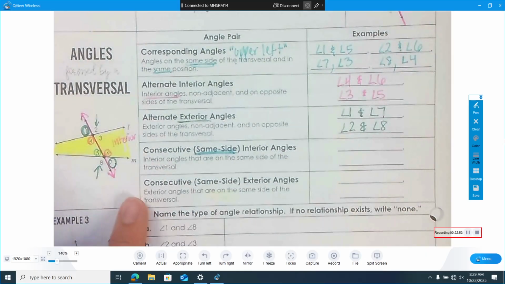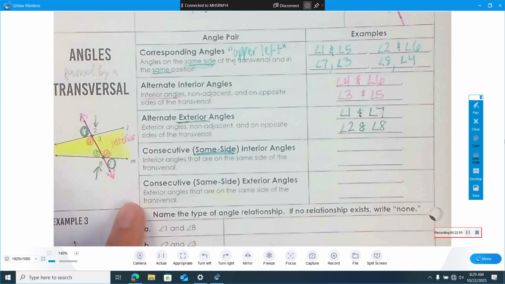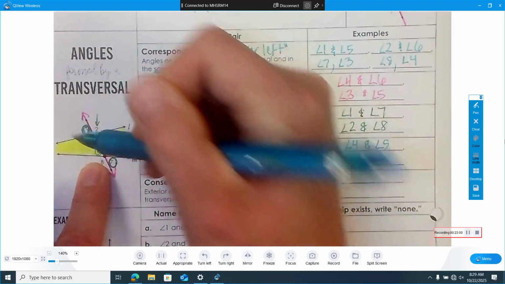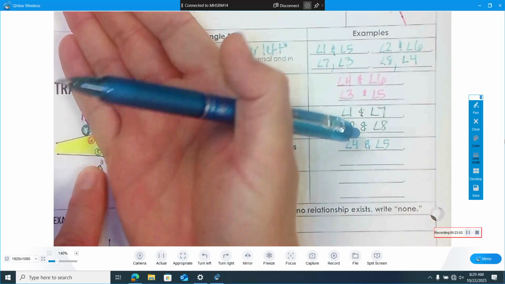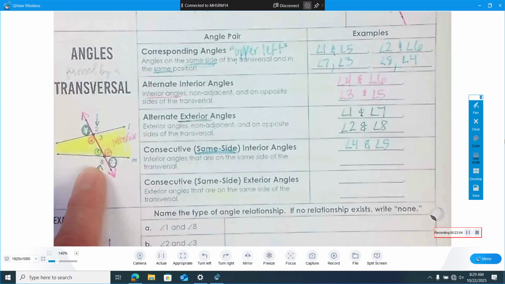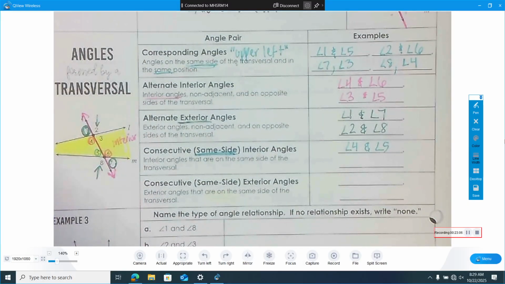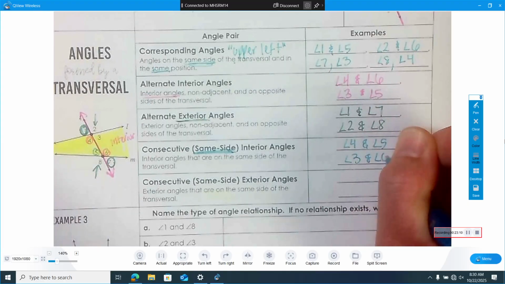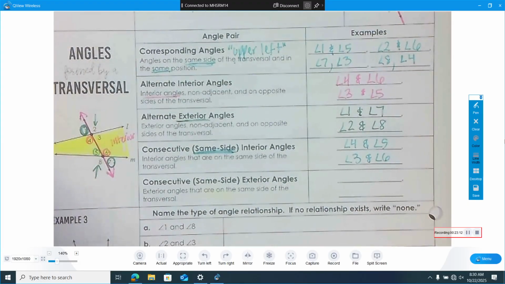What are same side interior angles, do you think? 4 and 5. Angle 4 and angle 5. And again, they're same side. They're on the same side of the transversal and interior, in between. So what else? Angle 3 and angle 6. Very good. And then last but not least,